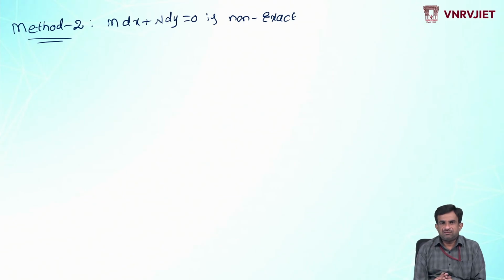You can say that that is non-homogeneous. If it is other than homogeneous and if it is non-exact, we have to see whether this differential equation is in another standard form or not. So if the differential equation M dx plus N dy equal to 0 is non-exact and it is in the form